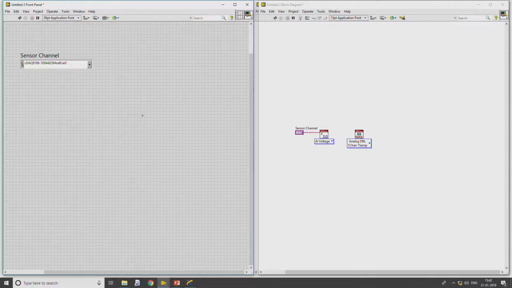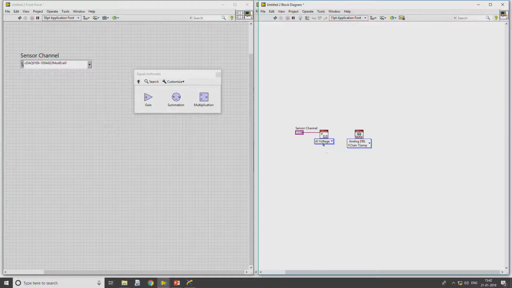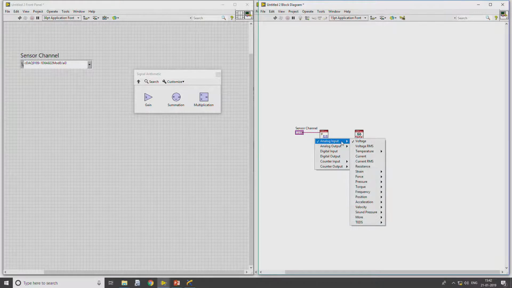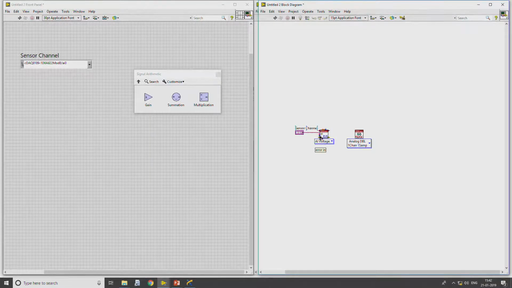Data operations default to current value, and our intention was to acquire analog voltage. As this particular block can be used for acquiring analog input as well as analog current as well as voltage, I will be selecting voltage.